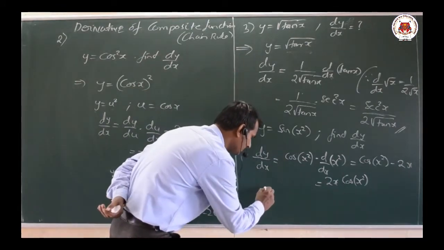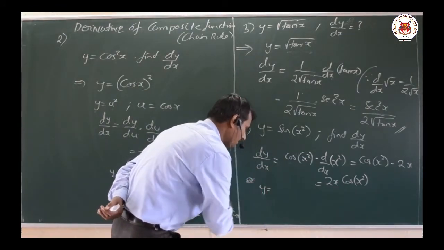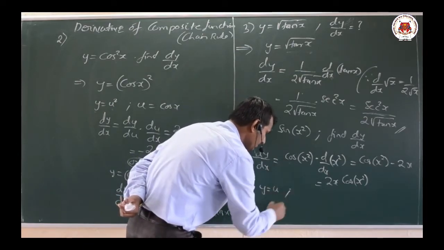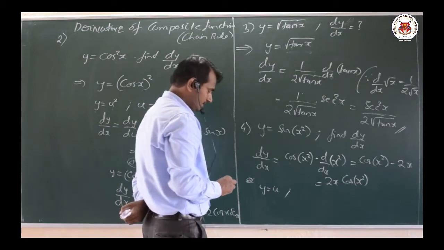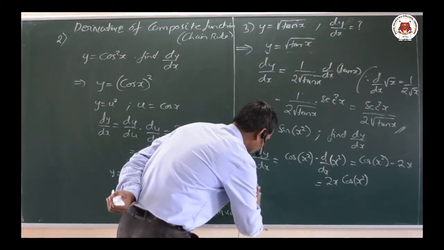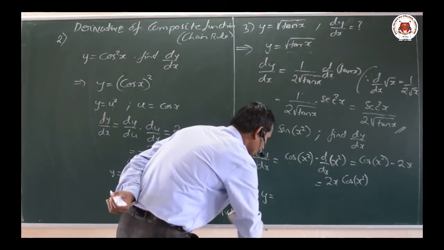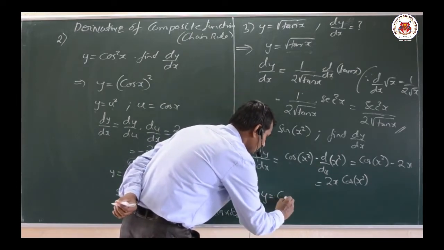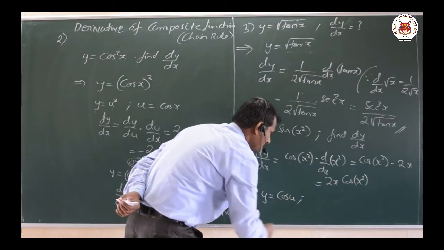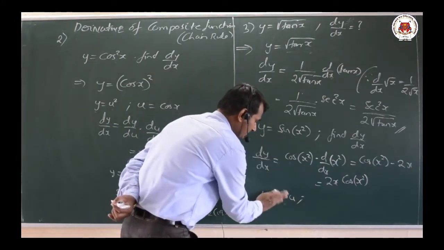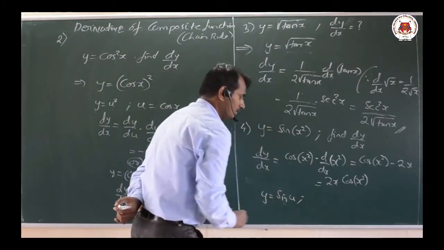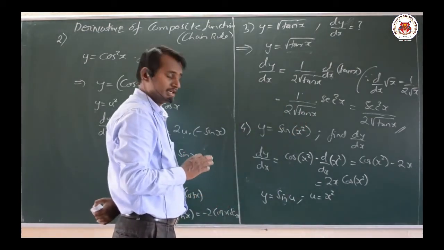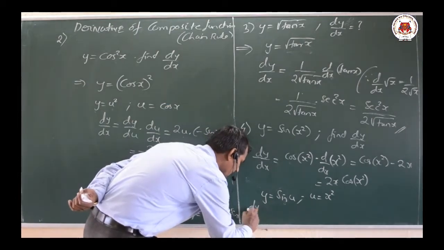That is nothing but here y is equal to u square here. y is equal to x square you can write. So here we can write as cos u, okay, sorry, it is sin u here. y is equal to sin u, where u is equal to what we have, x square. Now very simple, dy by dx. dy by dx function.